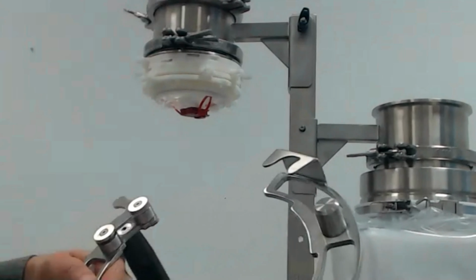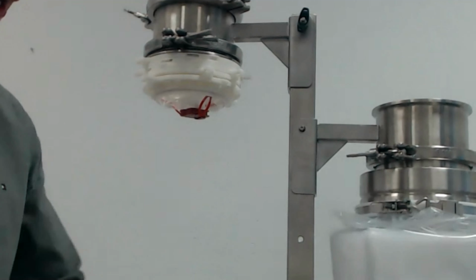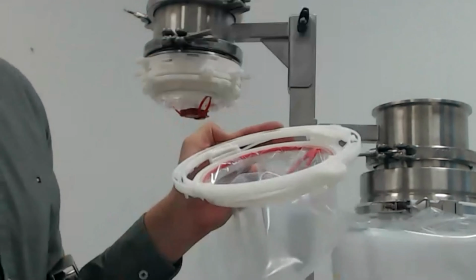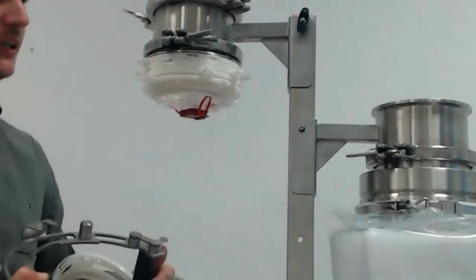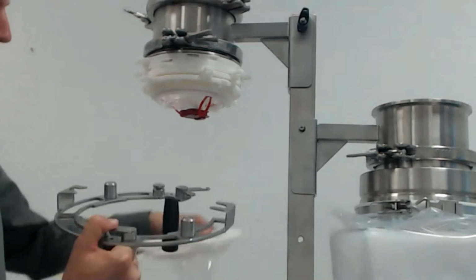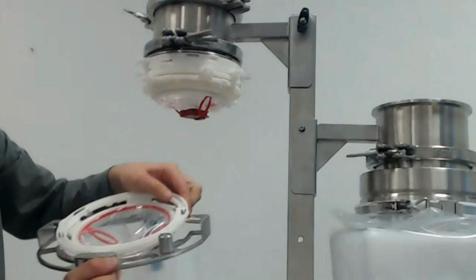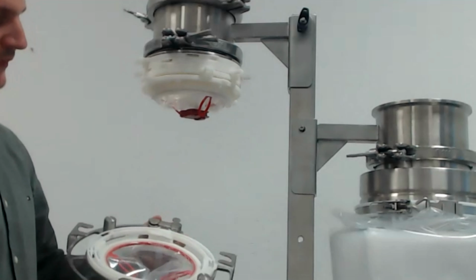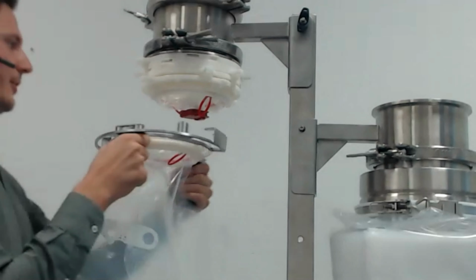We have a mounting aid. That's how it looks. Step one is to remove the dust cover of the bag. Step two is then to insert that safe port bag into the mounting aid, like that. And now I dock